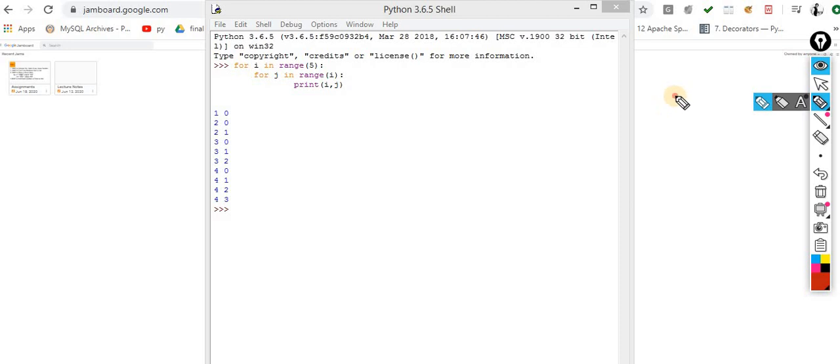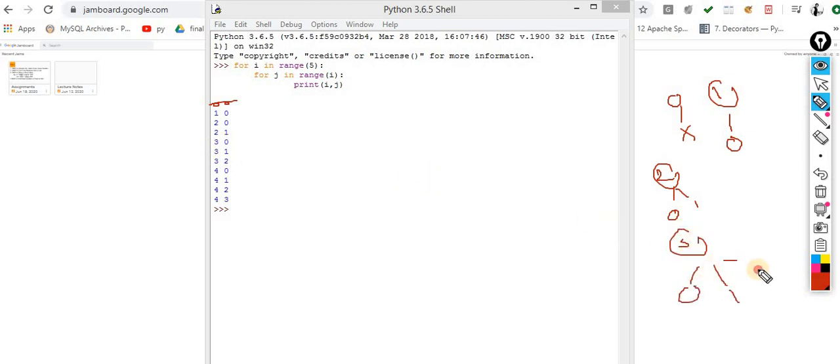Now I am getting no output at 0 time. It won't happen for 0, 0. As you can see, observe carefully. For 1 it happens only for 0. For 2 it happens only for 0 and 1. For 3 it happens for 0, 1 and 2. For 4 it happens for 0, 1, 2, 3.